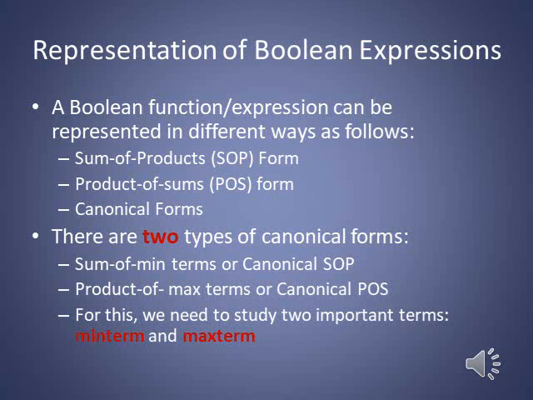We know by applying the complementarity theorem that d bar plus d is one. So in the sum of min terms, the canonical SOP, we get a b bar c dot 1, and the second one is a b c dot 1 in the product of max terms, the canonical POS. So we are getting a b bar c plus a b c. If you take a c out of these terms, it becomes a c into (b bar plus b), and once again b bar plus b is 1, so we get the final SOP or POS forms.